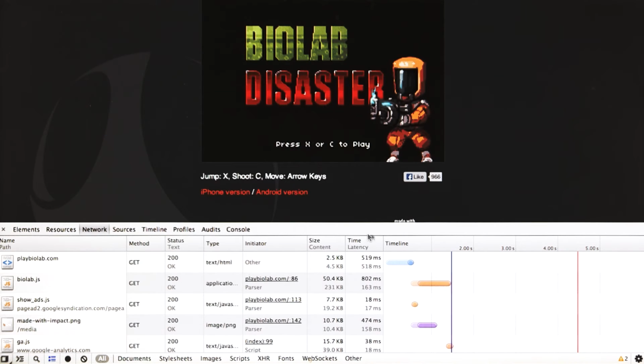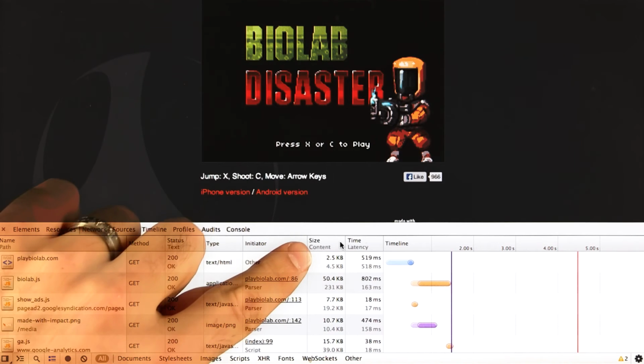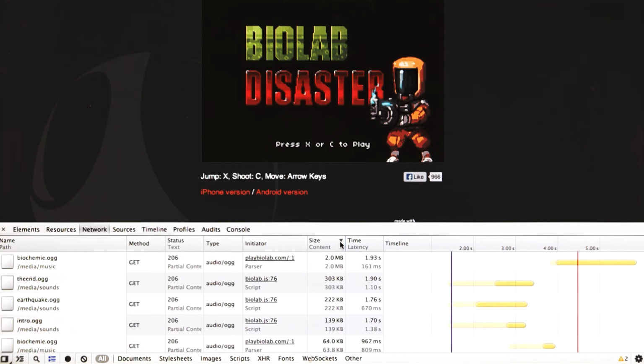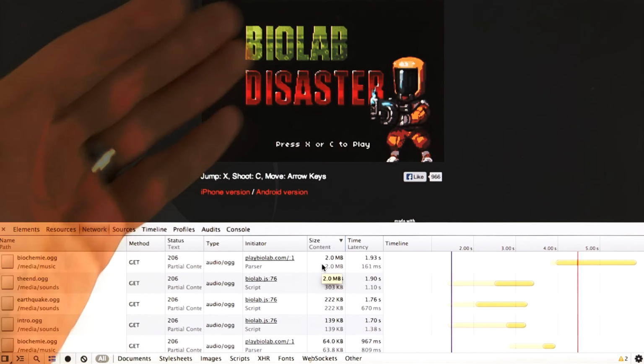Now, the second thing you need to be concerned about is the size of the content that you're trying to load. So if you go over here to the size button and you click on it twice, it's going to sort all of the assets that you requested by their size. Now, notice right here, this top one has 2 megabytes. Now look, that's a single OGG file. Of course, that's going to be music, but basically that's 2 megabytes that has to be downloaded before this web